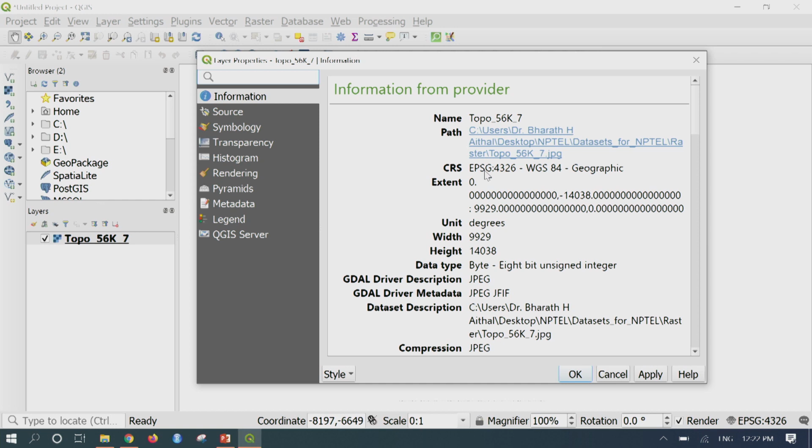CRS, the coordinate reference system, by default it is taking lat long, and if you see the extent, it is a random extent, so this means the image is not georeferenced. Next you can see the unit is degrees, the width is the width covered by the number of pixels, the height is covered by the number of pixels, and here the type is JPEG. Once you view all this information, you can just close this tab.